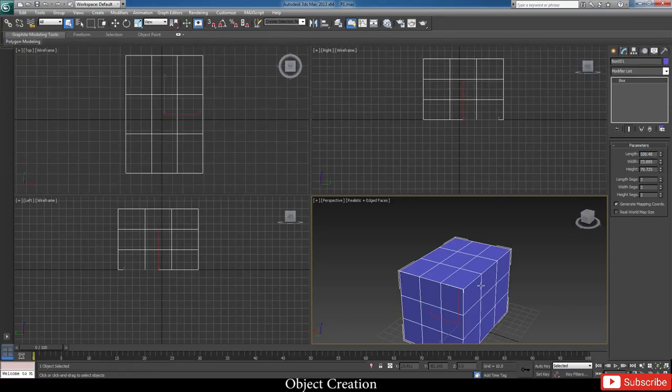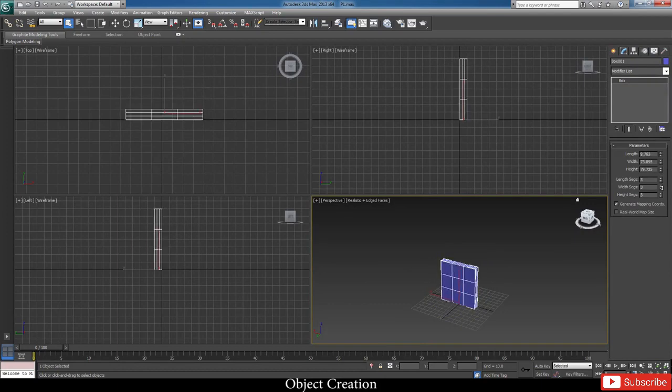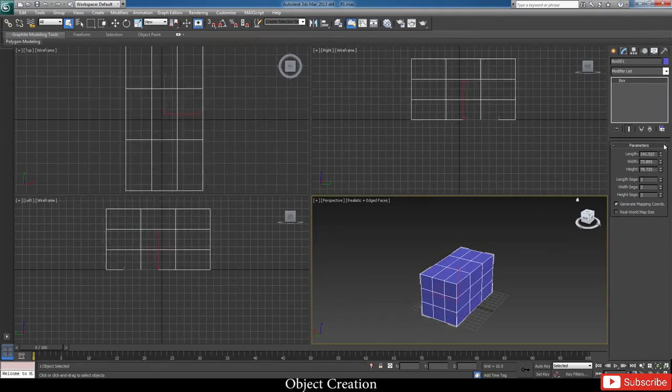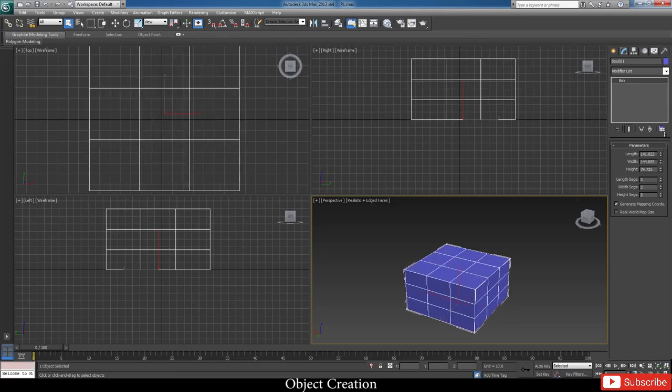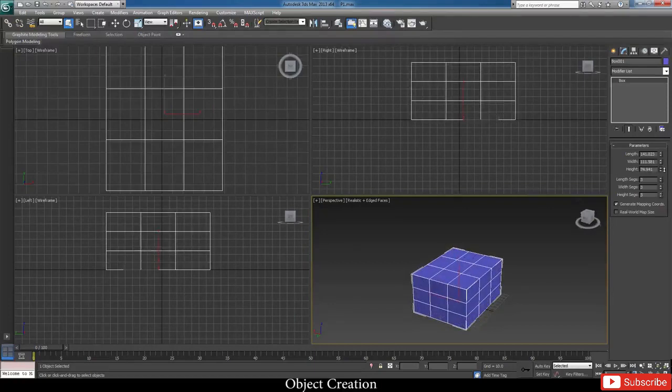This is relative. So we'll zoom out a little bit. You can decrease the length this way, increase it this way once you've made it. So you don't have to be precise in the first go itself whether this has to be your final box. Again, for the width, you can go anywhere you want. Again, for the height. These segments are basically how you divide each face.